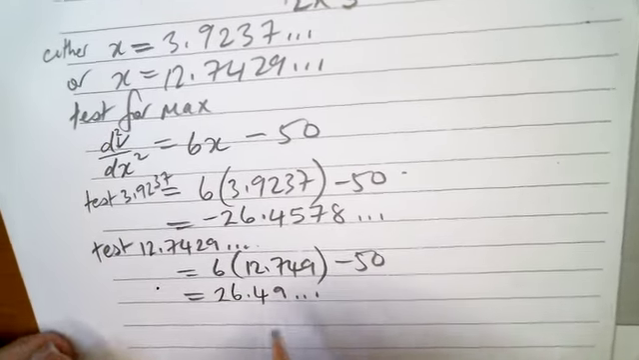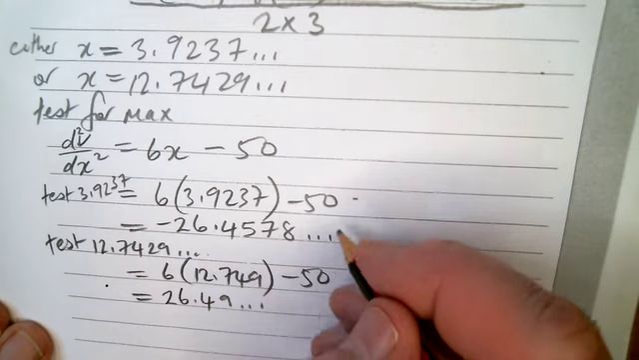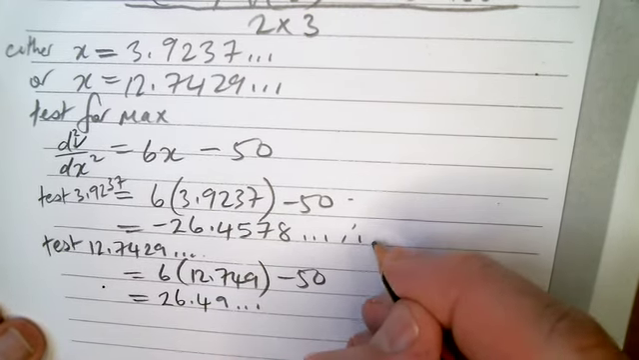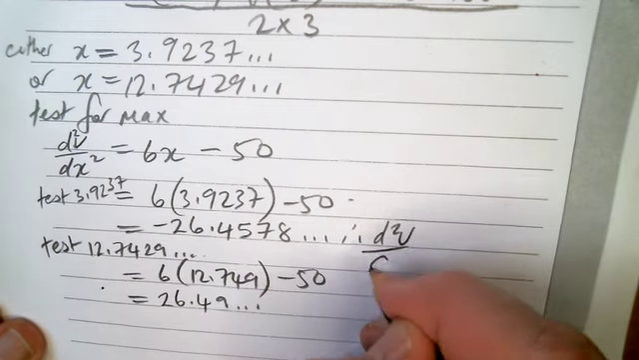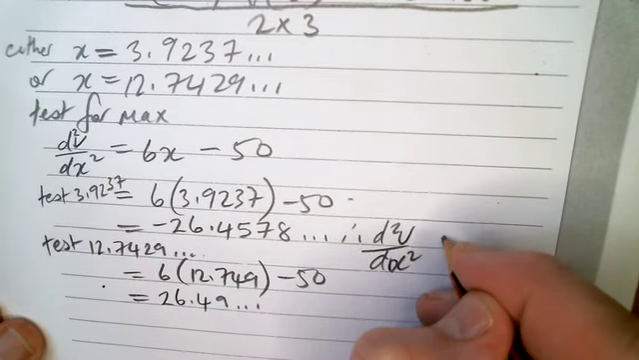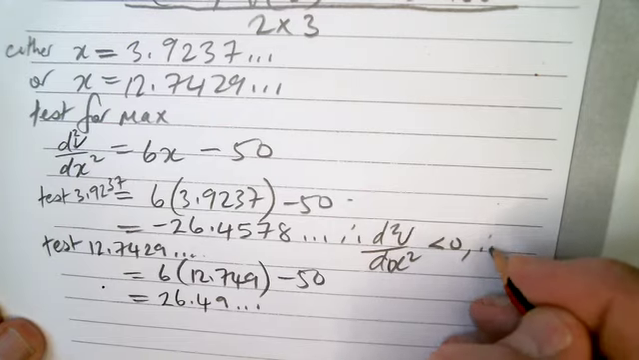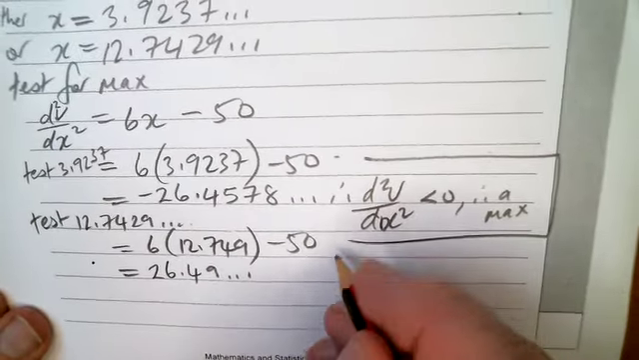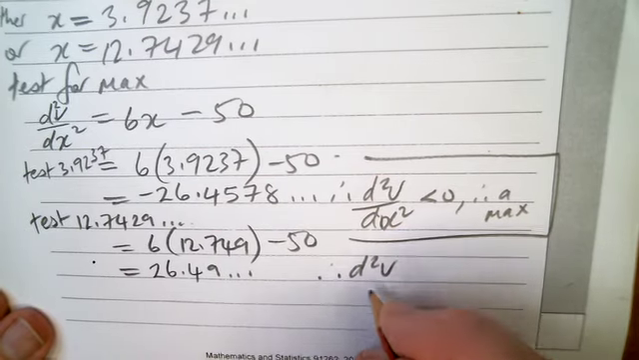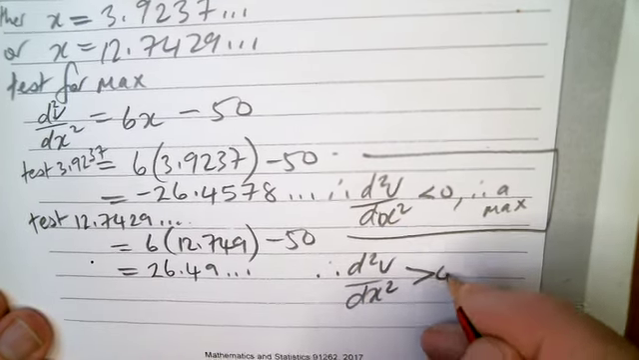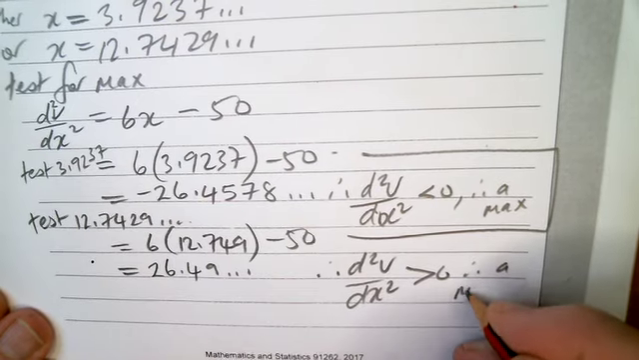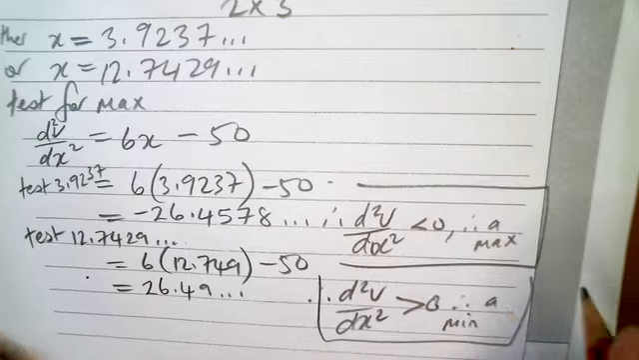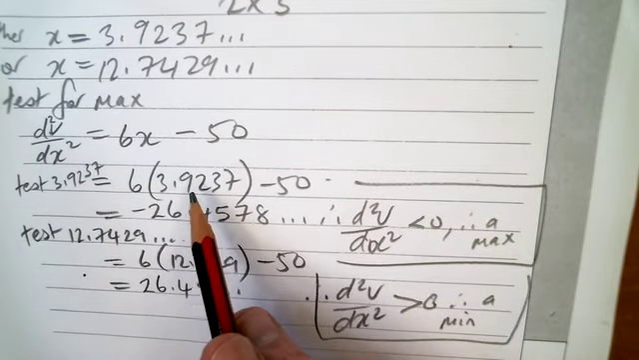So therefore we have to say, this one here, because it's negative, d squared V on dx squared is less than 0, therefore a maximum. Therefore, d squared V on dx squared is greater than 0, therefore a minimum. Yeah. Now, because we found the maximum, which was 3.9237,